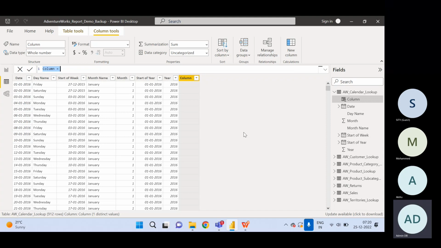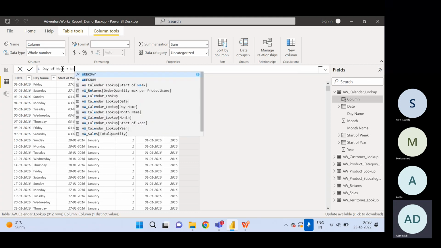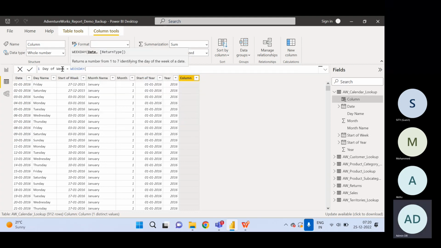So we want to create a new column which is called day of week. I want to know what is the day for a particular week, what is the day we are in. So I will write day of week, and then we will use the weekday function that we discussed. As soon as you write any function and write the opening bracket, there will be a pop-up that prompts you with the syntax of that particular function,